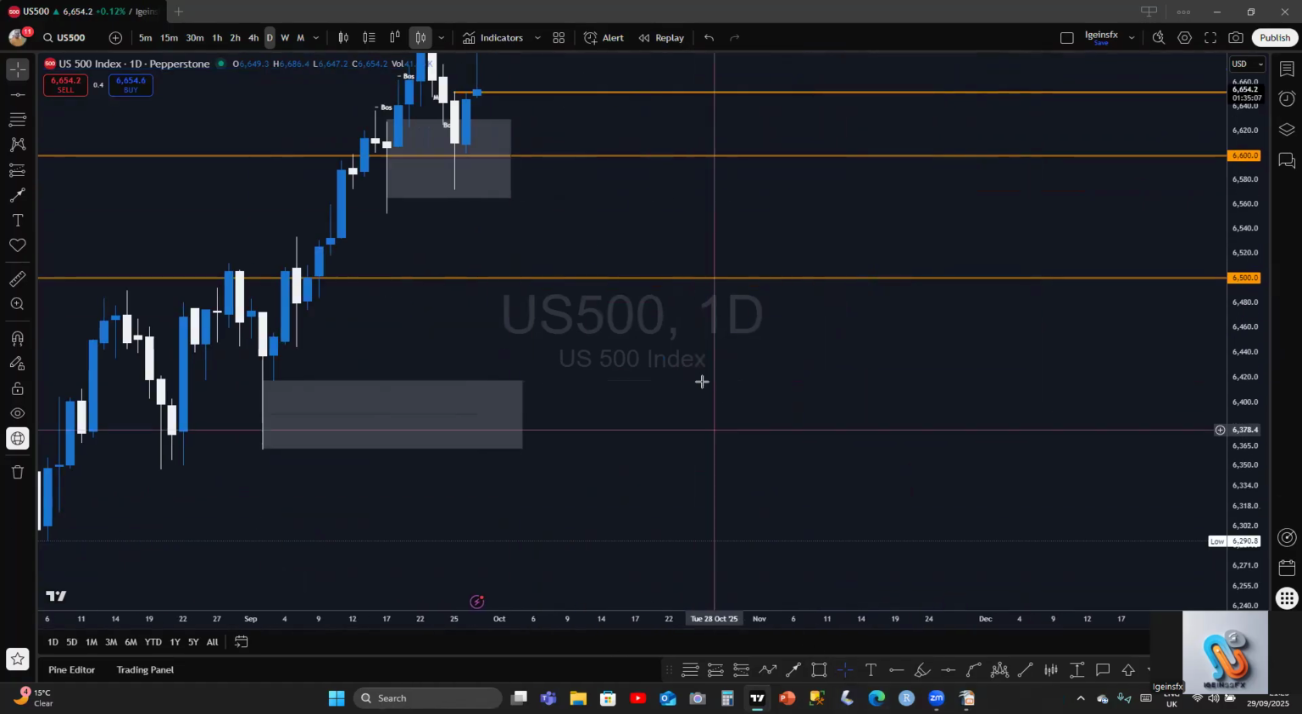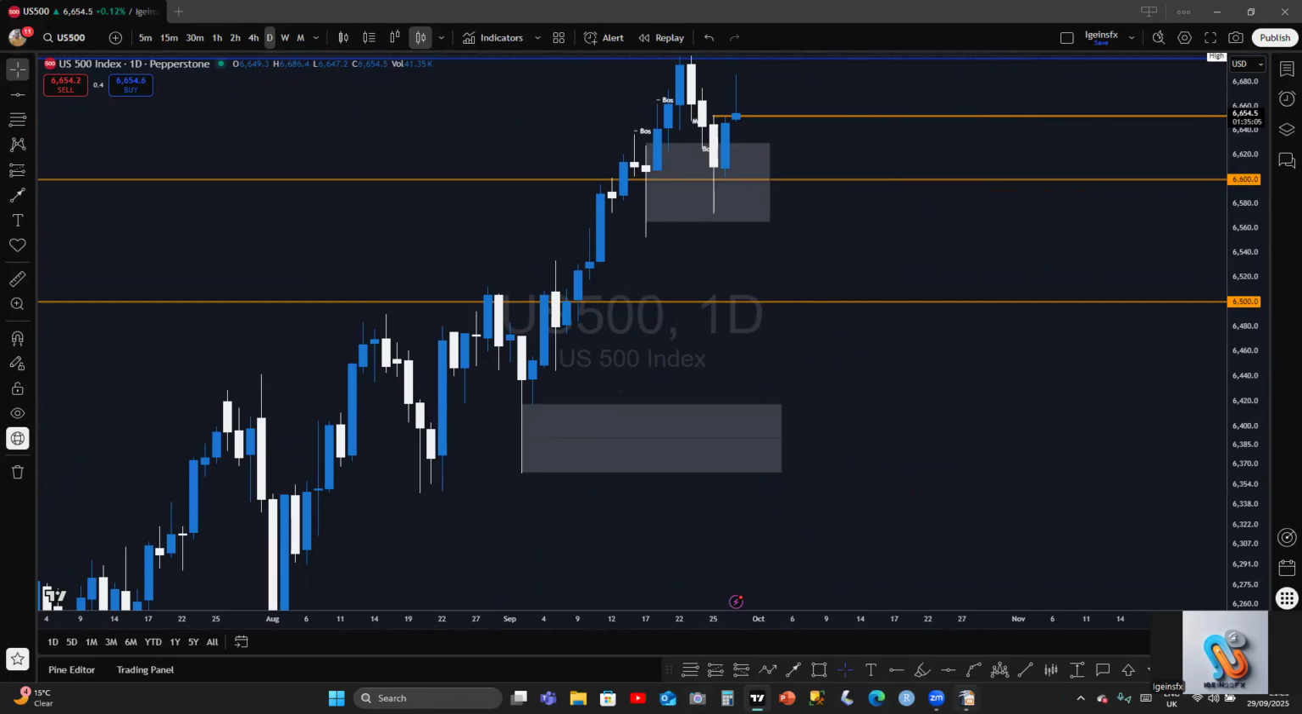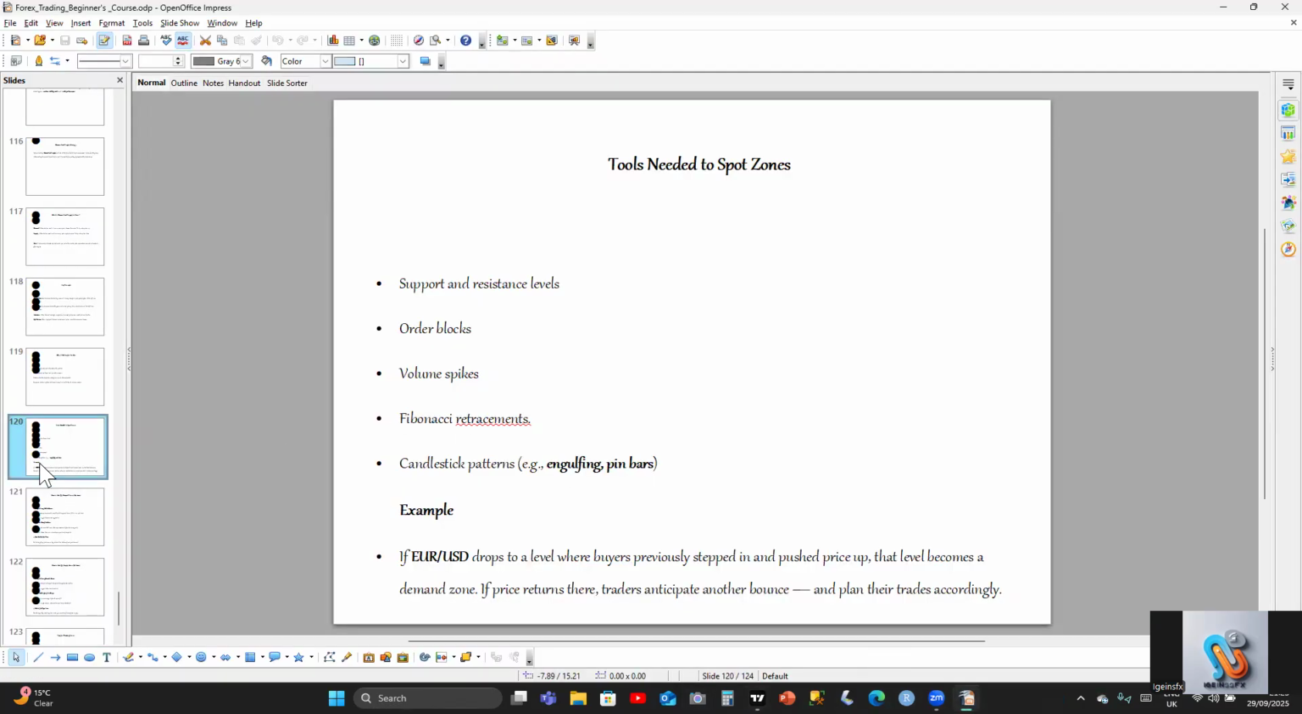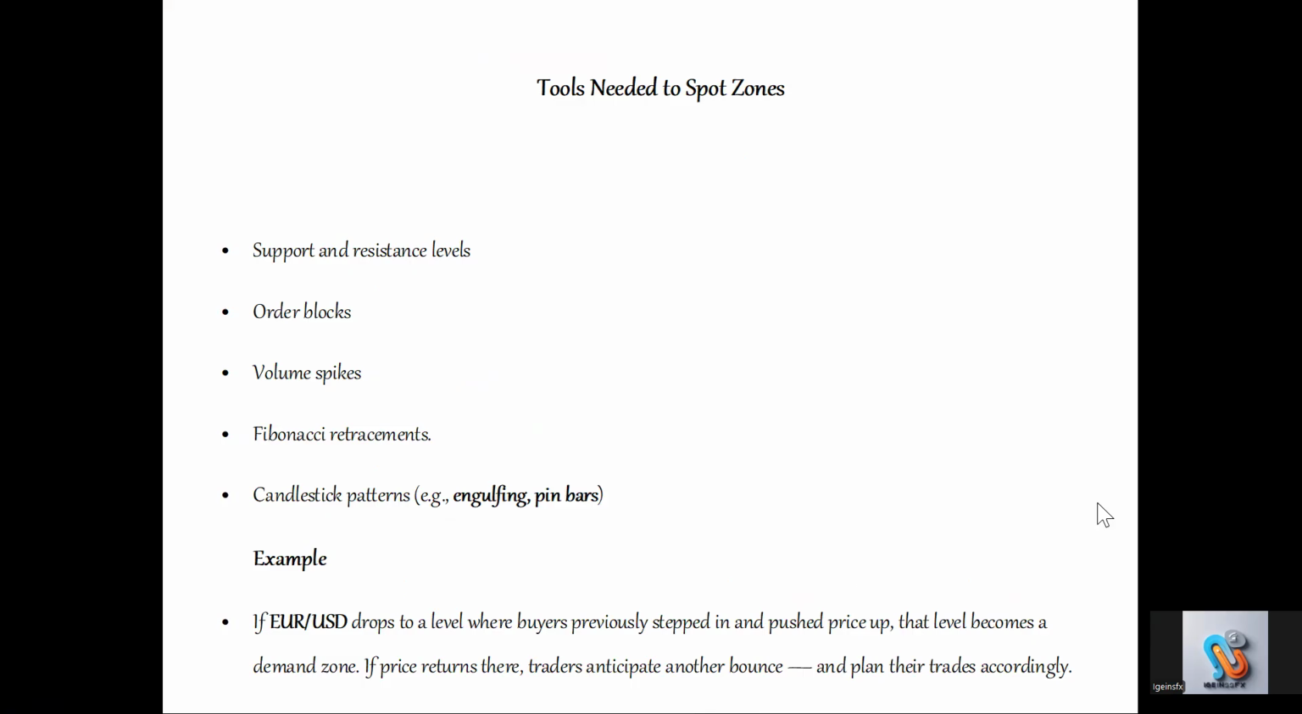All right, guys. So let's go on to the volume spike. When we talk about volume spike, you talk of after the consolidation, you will see a push to the upside. All right. Then Fibonacci retracement,